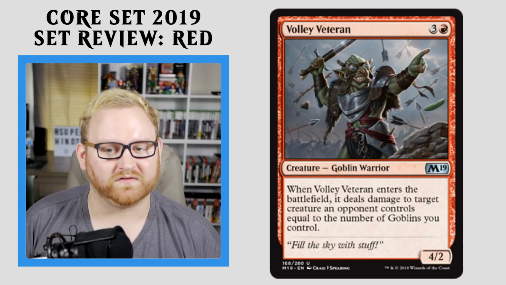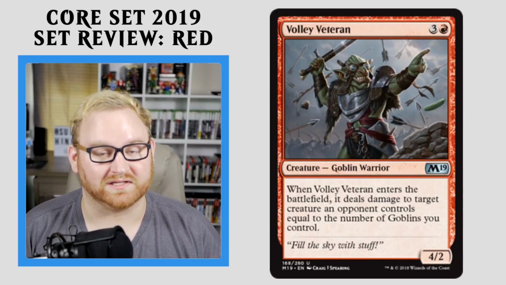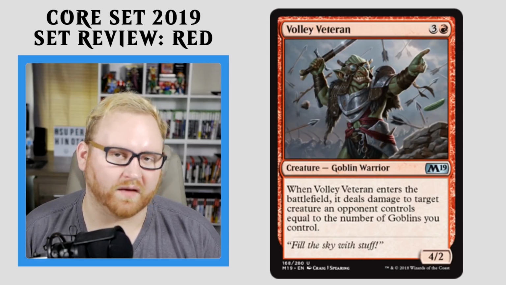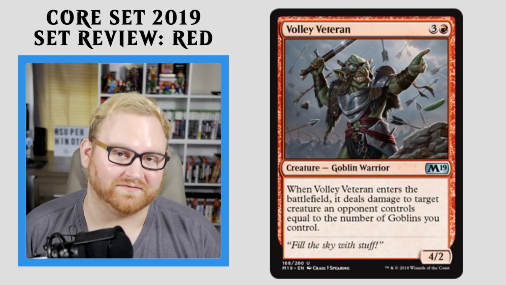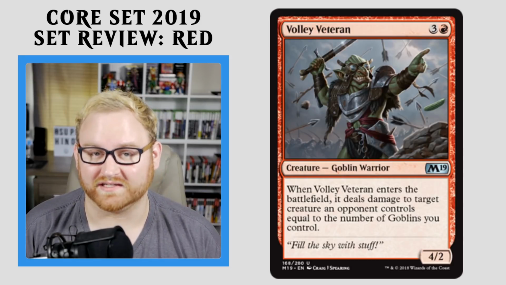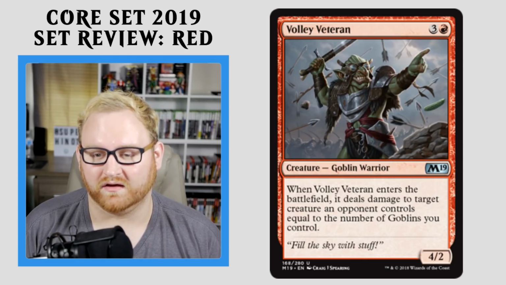but I feel like this card might see even more play in standard or brawl, where the implication here is a lot more wide-reaching, because there's just more goblins you can put into a deck in these kinds of formats and archetypes. Regardless, a 4 mana 4/2 is nothing to sneeze at. Being able to trade up or deal a lot of damage to an opponent's face in red,